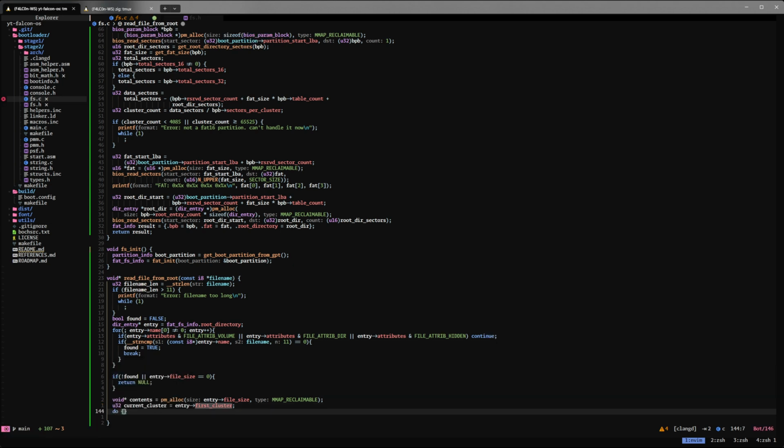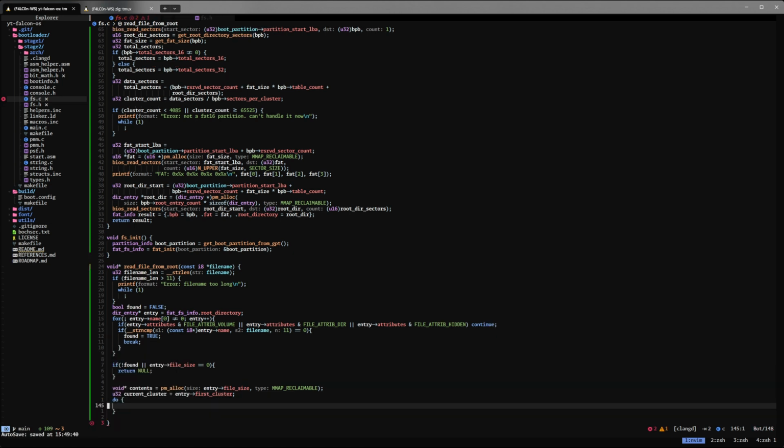So we will do a loop here. So let's read the cluster to contents. And for that, we are going to issue BIOS read sectors. And here we know that the start sector would be our first cluster, or it would be,